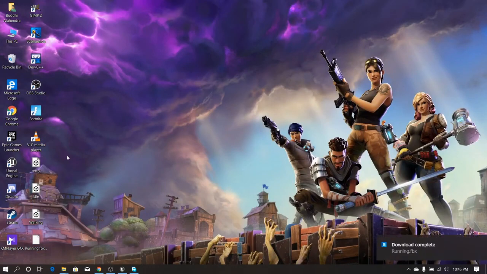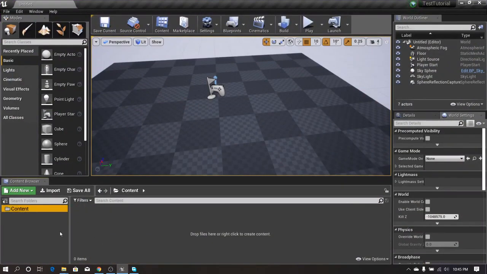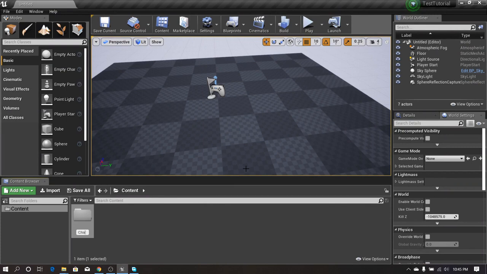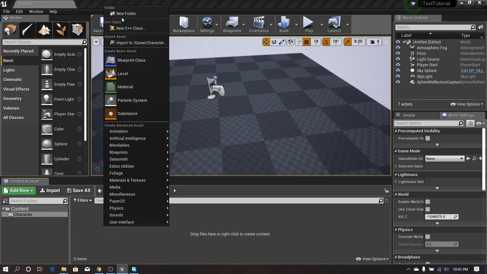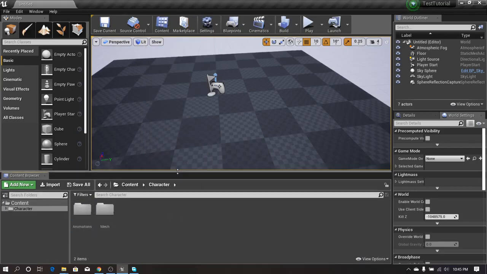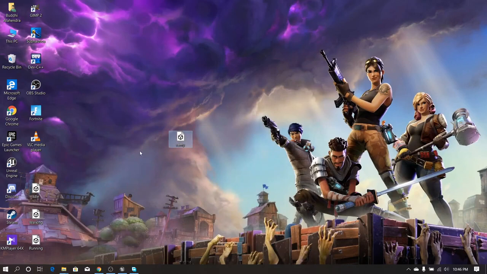So now I need to import these assets to my Unreal Engine project. First I'm going to the content folder and make a new folder named character. In this folder I will make new mesh and animations folders. We need to import our character model first before the animations. So I'm going to the mesh folder and I will drag this character model file to